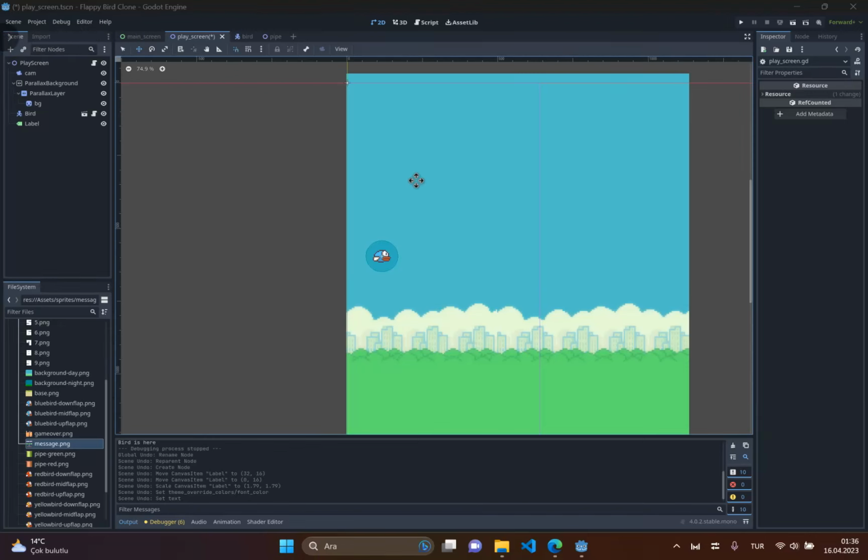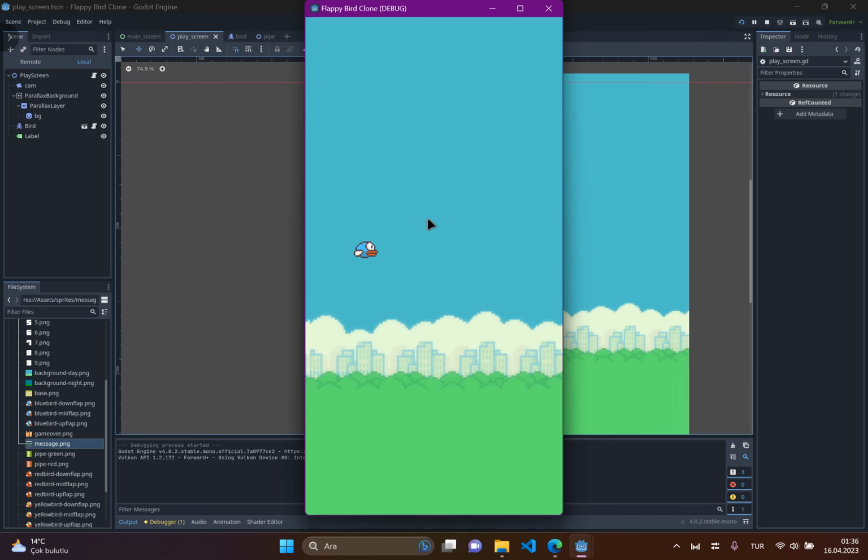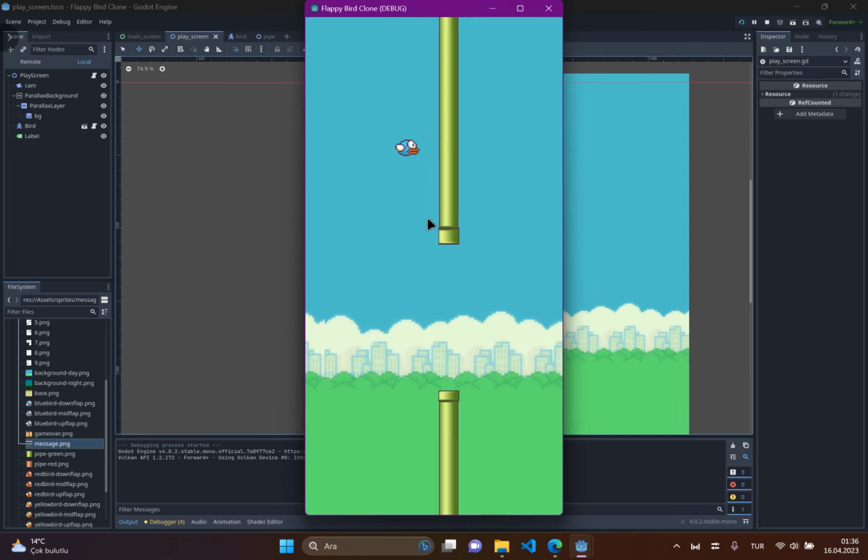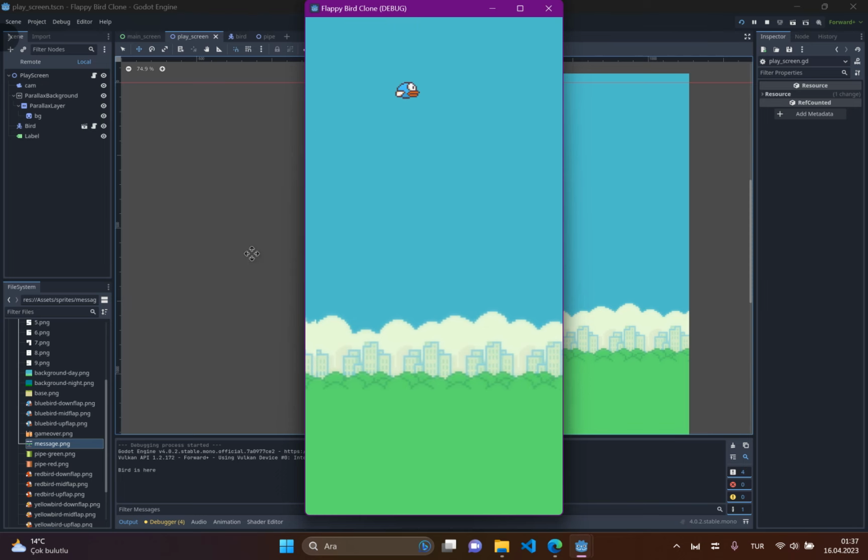Today we're gonna make some score and we will move the pipes whenever we pass the pipes. And for now, let's just run our game so we can remember what we did in last lessons. Start, and the bird jumps whenever I press the space, and whenever I touch the pipe, as you can see,